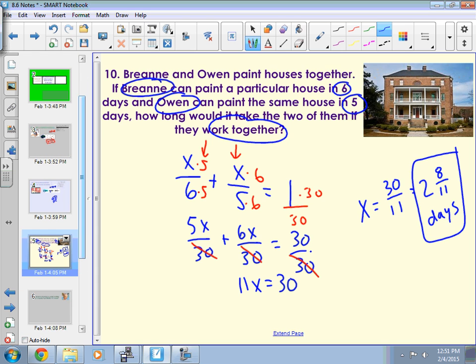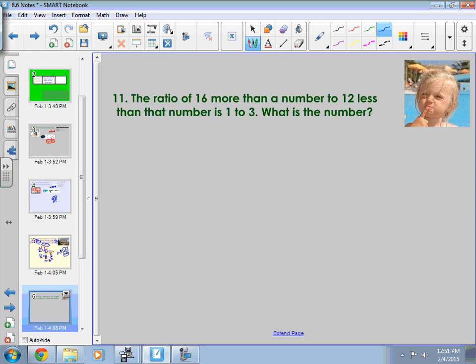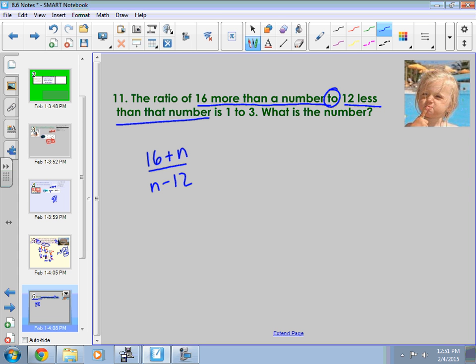Let's try another one where you would be asked to do something like this. It says on number 11, the ratio. Remember, ratios mean, from geometry, you did a bunch of those, like you've got a fraction here. The ratio of 16 more than a number. More than means adding. We don't know what the number is, let's call it n. 2, that means we're switching to the other side of the fraction now. 12 less than that number. So if we take that number and take 12 less than that, or minus 12,